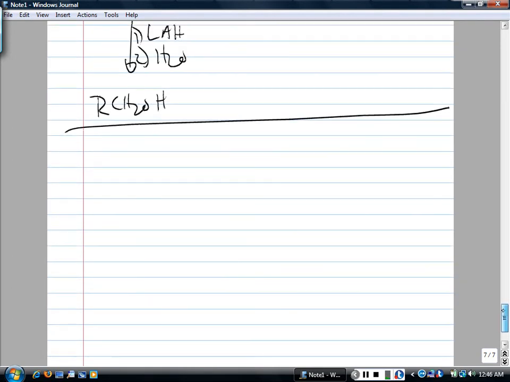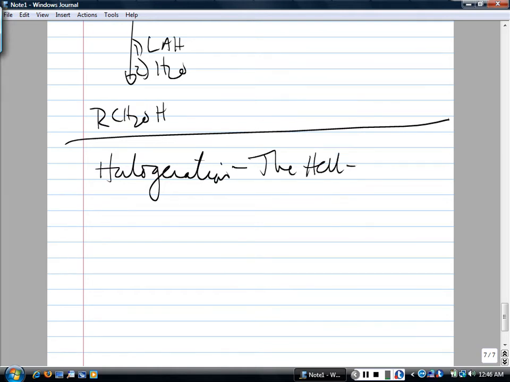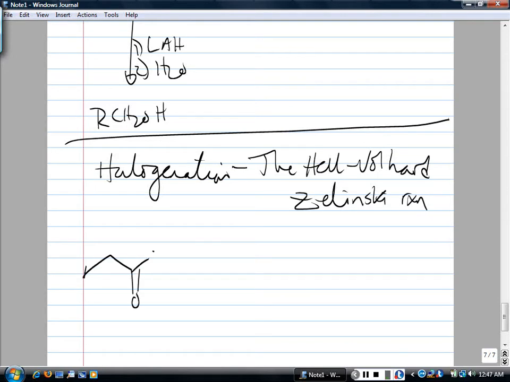There's an interesting reaction of carboxylic acids that is worth mentioning. So this is called halogenation, and the reaction is referred to as, interestingly enough, the Hell-Volhard-Zelinsky reaction. And in the Hell-Volhard-Zelinsky reaction, you take a carboxylic acid, you treat it with phosphorus, usually red phosphorus and iodine, and what you end up getting is alpha halogenation of